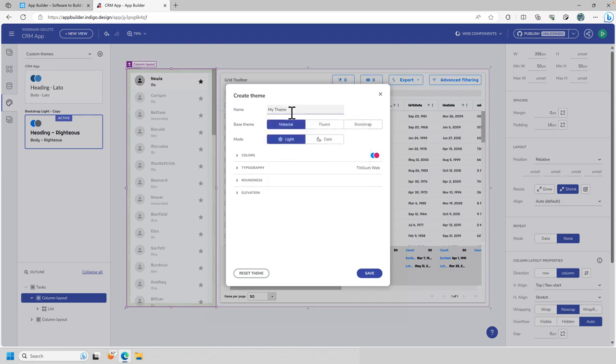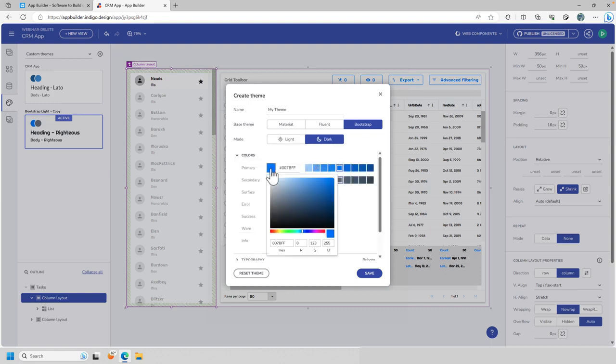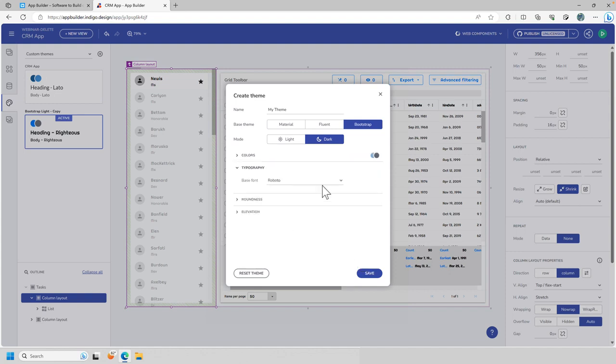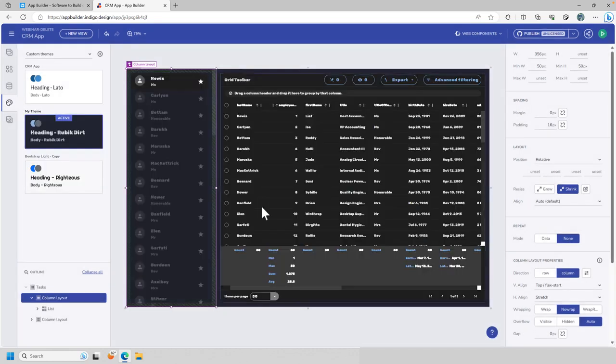If I want to create a whole new theme myself, I can give it a name, my theme, like so. Let's base it maybe off of Bootstrap, maybe Bootstrap Dark. The colors, we can change the colors to kind of whatever we want. Maybe we'll do a light blue. If I scroll down here, we can change the typography from Roboto to, let's do Rubik Dirt. Roundness, I want everything to be very round. And the elevation, I want to be elevated. So I'll save this, and now that will apply, and now I have this look and feel